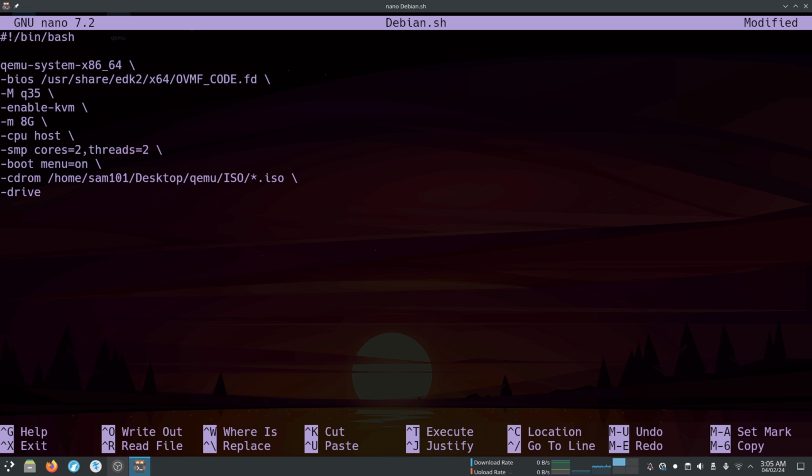Then for the drive, give the location of your QCOW2 image file. Our VGA adapter is going to be VirtIO. Then turn on the OpenGL support. For audio, I am going to use Intel HDA and HDA Duplex.